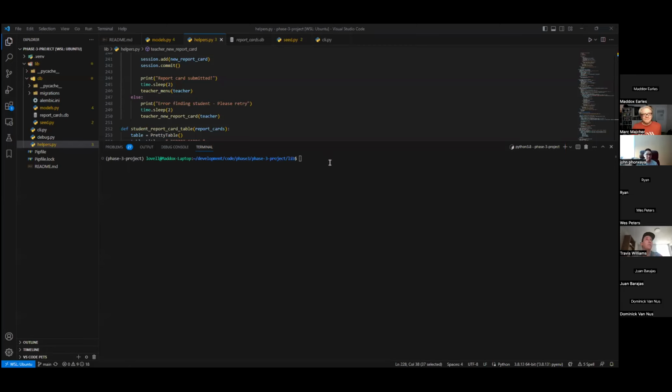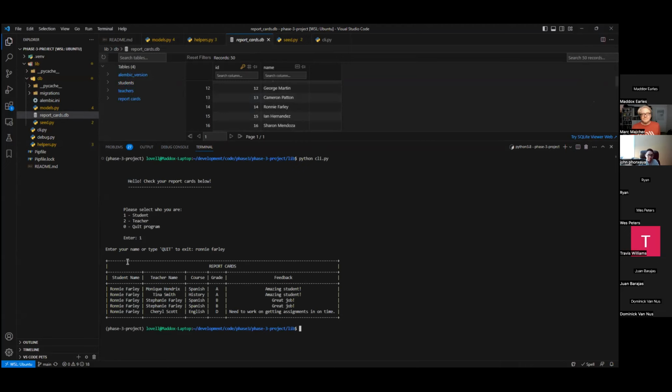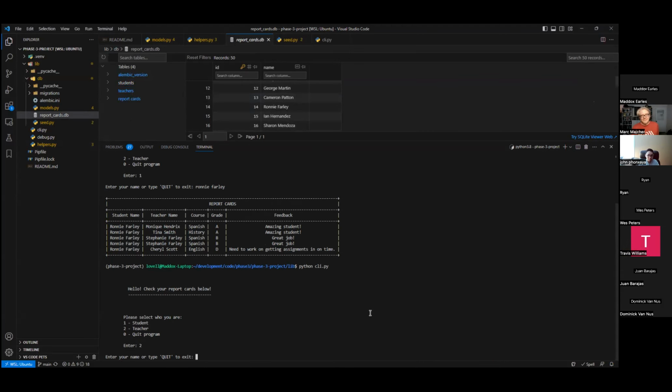Cool. So, yep, I made a student and teacher report card thing. You select if you're a student or a teacher, then you put in your name. You go get a student's name. And then if you're a student, it'll only pull up all of your report cards. But if you are a teacher,